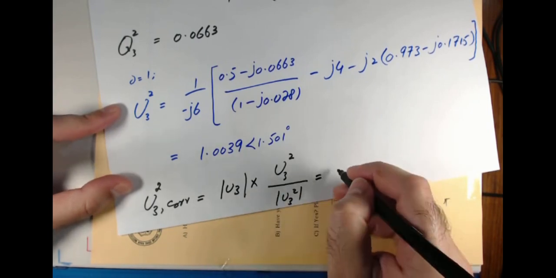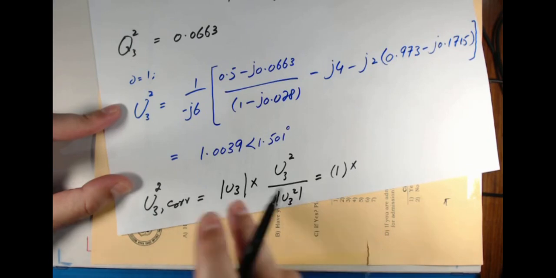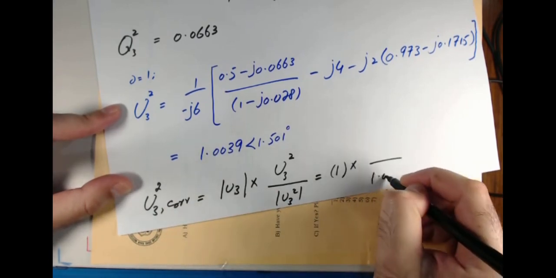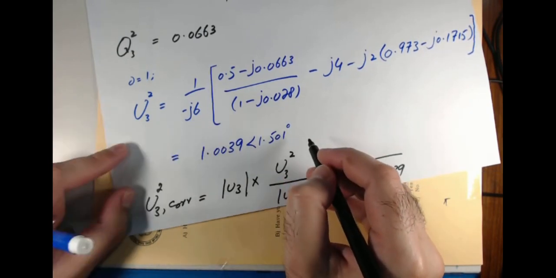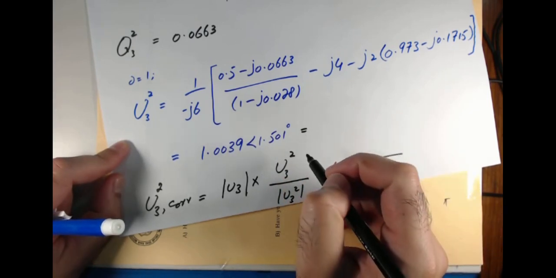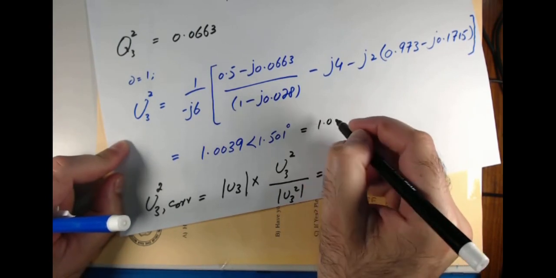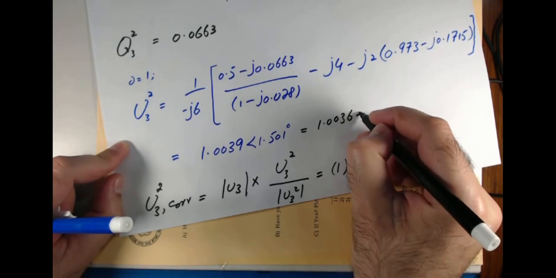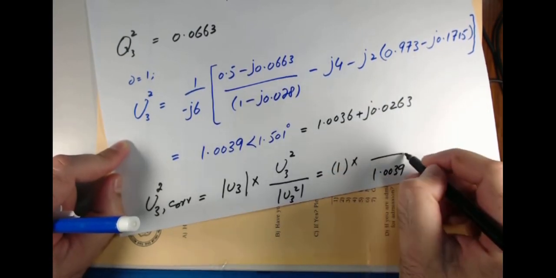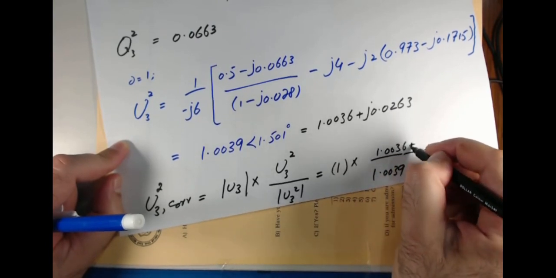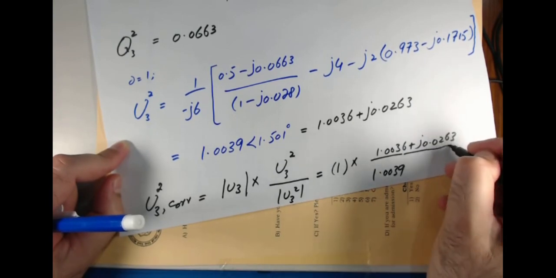So putting now U3(1) which is given as 1 and the magnitude of it which is 1.0039, and the same as this one, I should have put it even in the rectangular form, which is equal to 1.0036 plus j0.0263. So now putting this value here, 1.0036 plus j0.0263, we can correct it, and the value after applying the correction will become